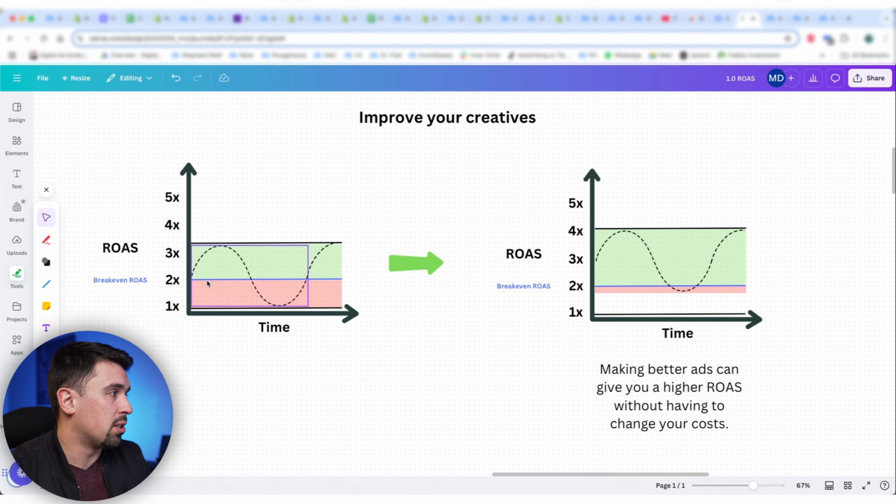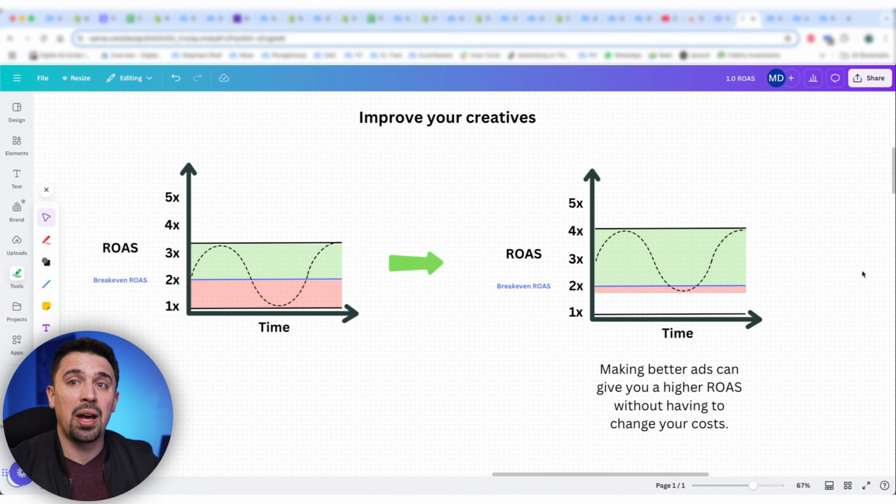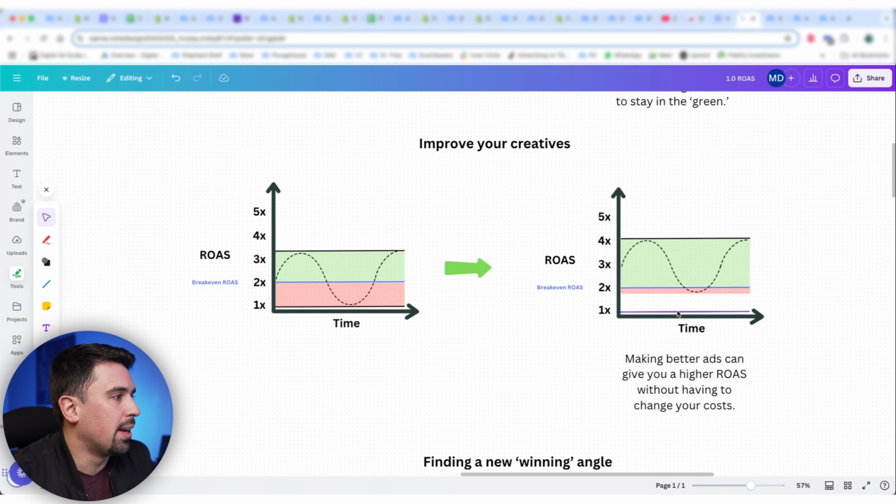You see here, this is the common scenario. Your break-even is 2x. Here's the improved scenario. Your break-even is still 2x, but now you have improved creatives. You have better ads, right? We've shifted this fluctuation area upwards. So you can see, again, we have a larger green area. So in this case, you don't have to change your costs. That can be difficult for a business owner to negotiate shipping or manufacturing and stuff like that. You can simply just make better ads, right? Or do more market research to make better ads, right? So next,